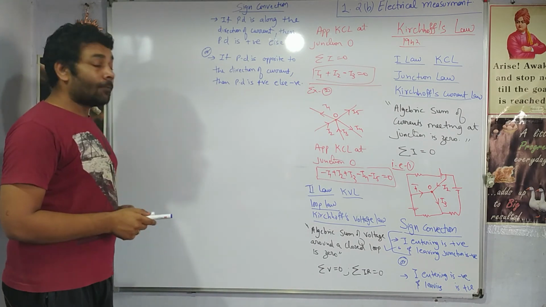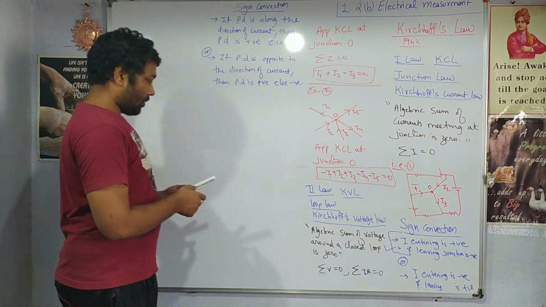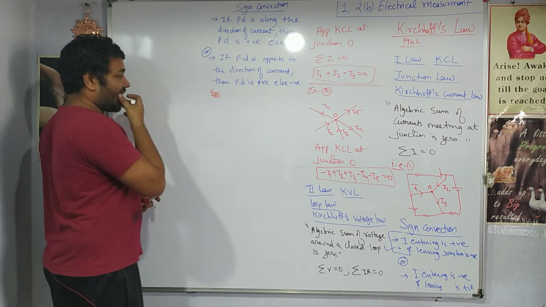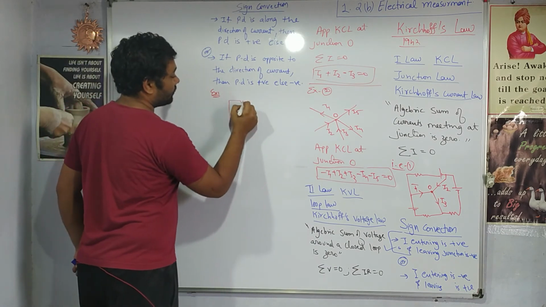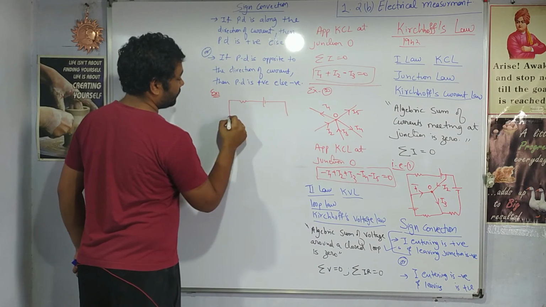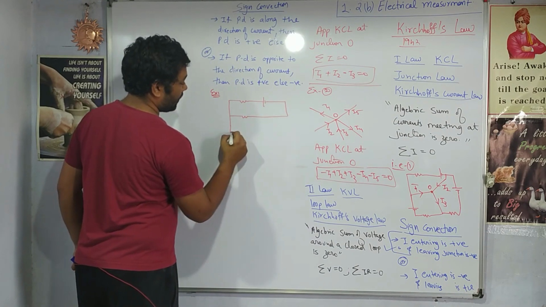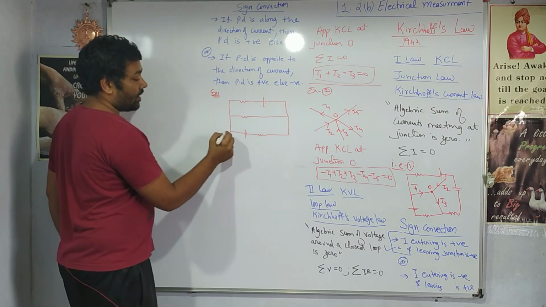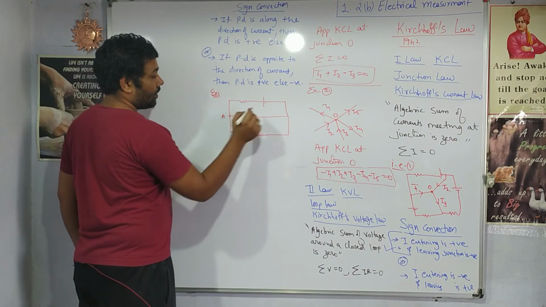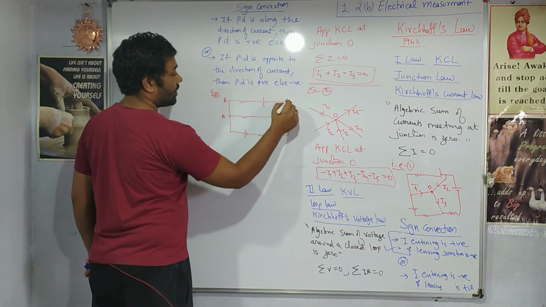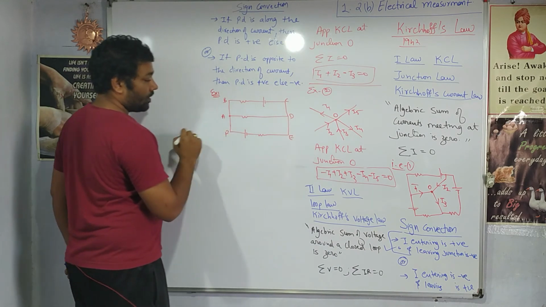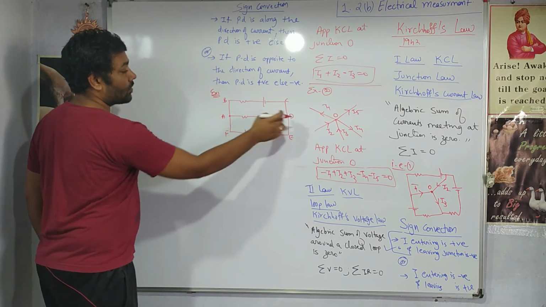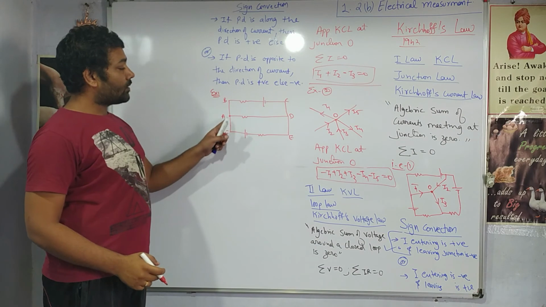So let us take an example to understand the voltage law. Let us say I have been given a circuit, right? This is junction A. I will name these points A, B, C, D, E, F. Here the current will be entering or leaving, so as per that, this is a junction, this is also a junction, right? I said more than two currents will meet.